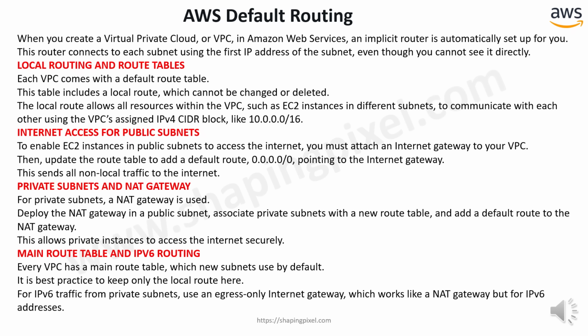This router connects to each subnet using the first IP address of the subnet, even though you cannot see it directly. Each VPC comes with a default routing table. This table includes a local route, which cannot be changed or deleted. The local route allows all resources within the VPC, such as EC2 instances in different subnets, to communicate with each other using the VPC's assigned IPv4 CIDR block, like